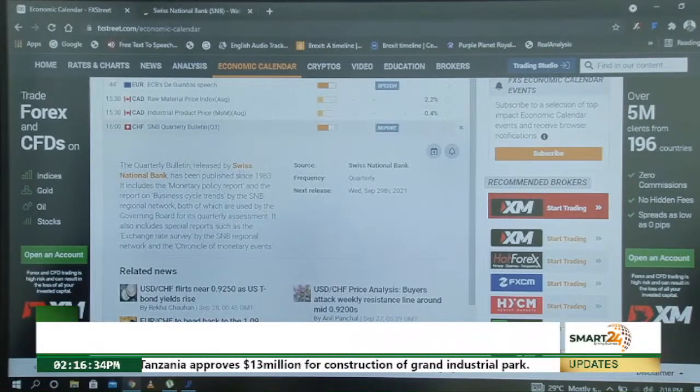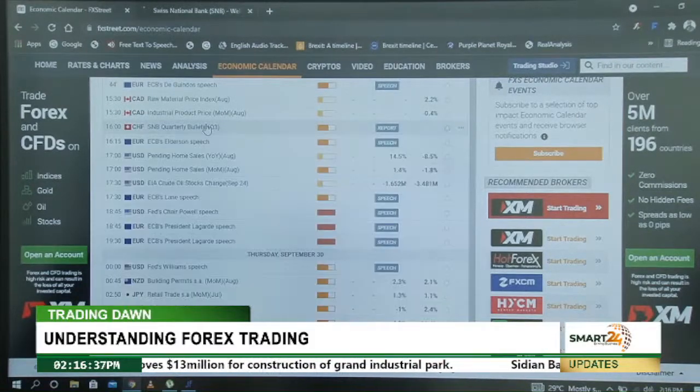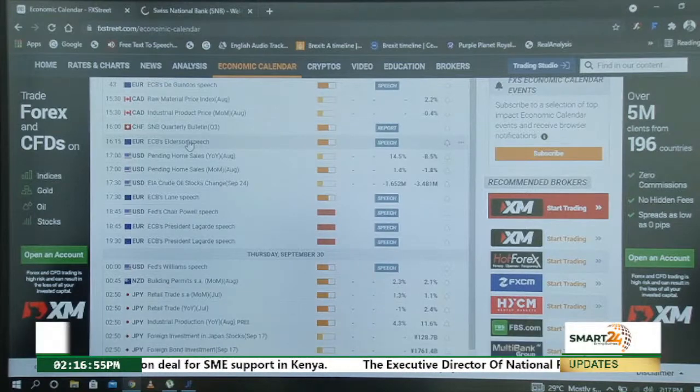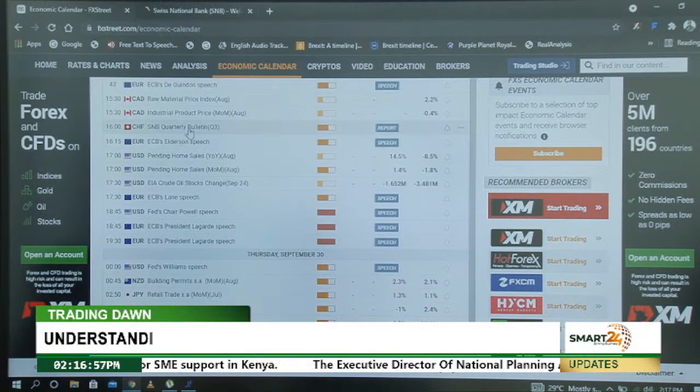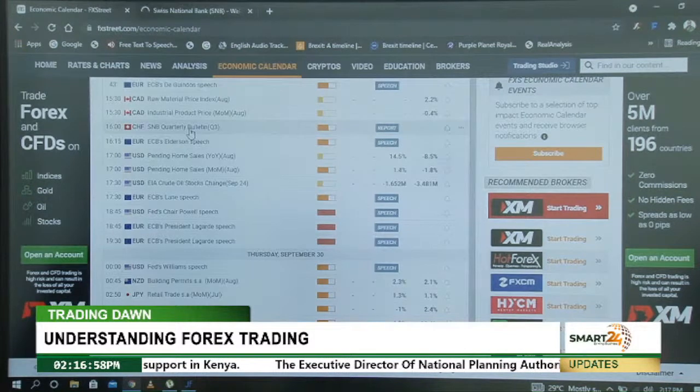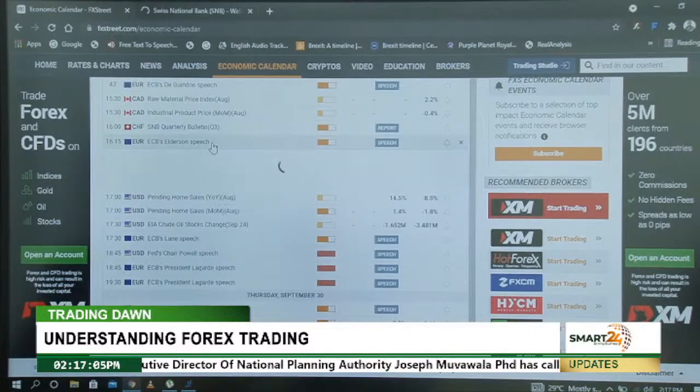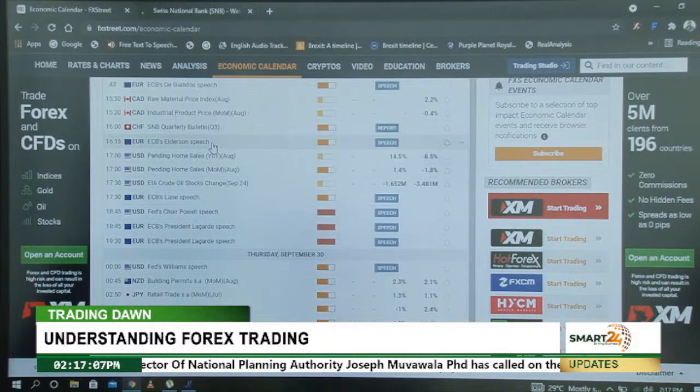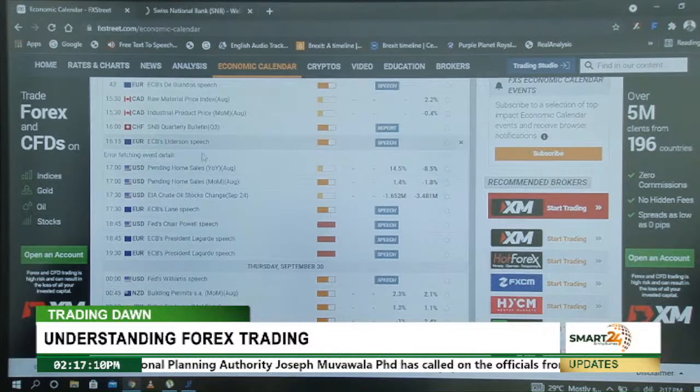And these reports don't just give you that instant impact on your charts. They can give some long-term projection for that particular chart. So it's good to read those reports and know where the market is going to head in the future. You can look at the analysis that other people have made regarding that, or you can see where the market is headed after that report has been released. Then, just like that, you'll get your analysis.